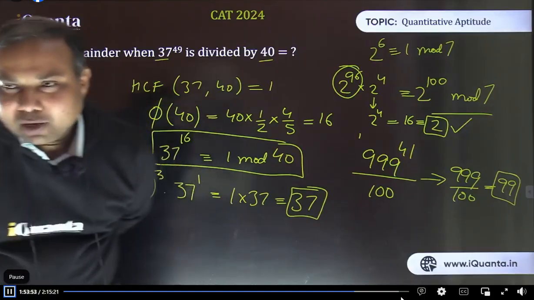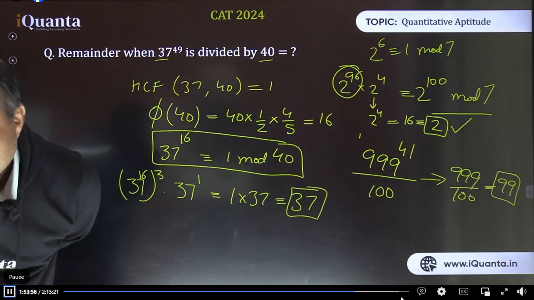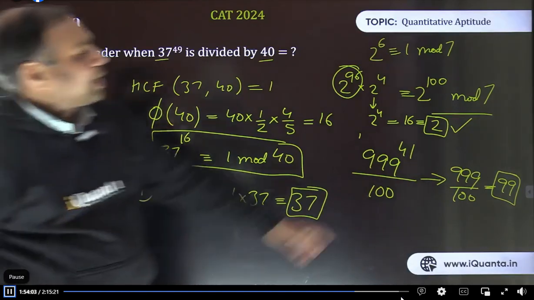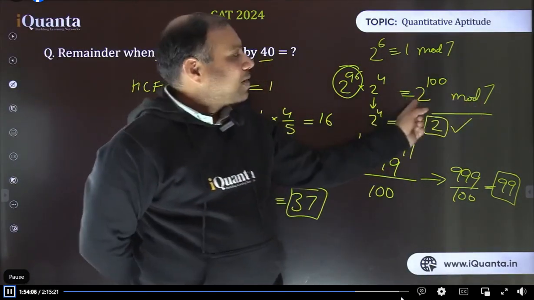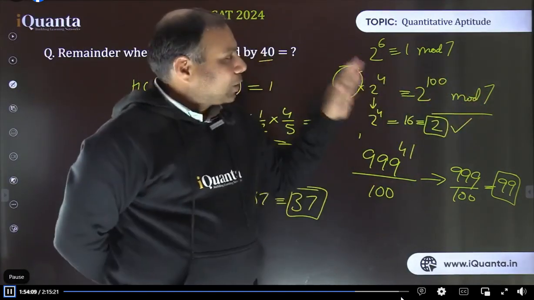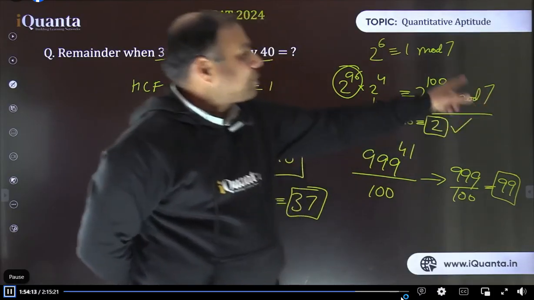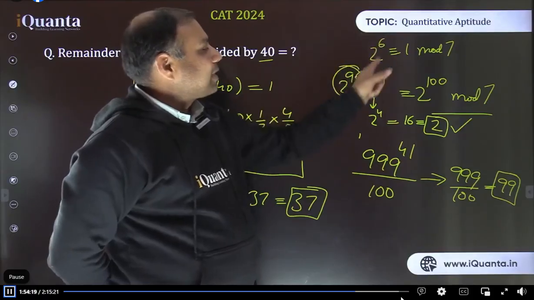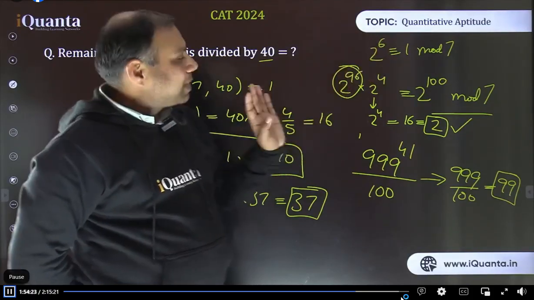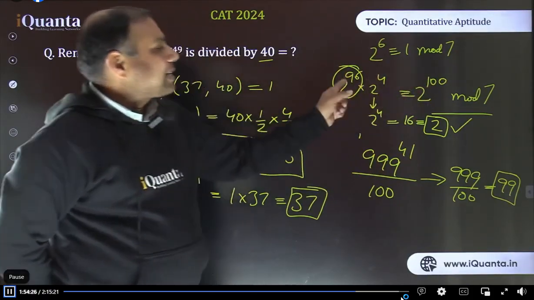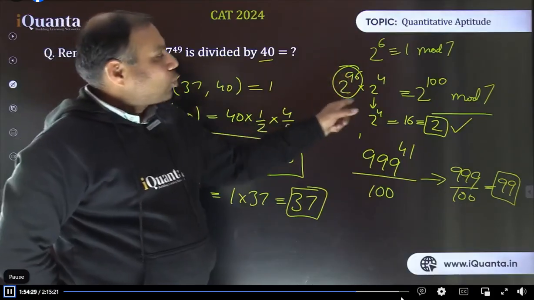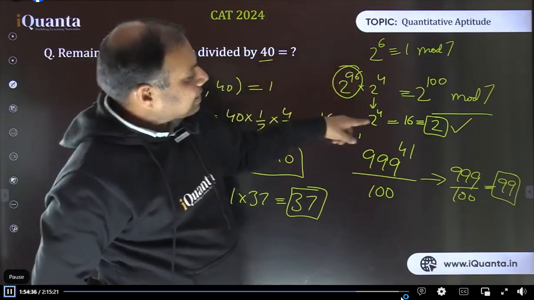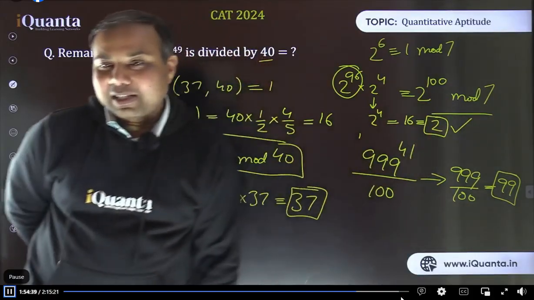थोड़ा कॉम्प्लिकेटेड हो गया. क्या कॉम्प्लिकेट हो गया प्रथम? तुषार, अरे बाबा 2 power 100 का 7 से रिमाइंडर निकालना था, राइट? 2 and 7 are co-prime, so I can apply the theorem. Theorem tells me that phi of 7 is 6, which means 2 power 6 will give me remainder 1. ठीक है ना? So now I am making groups of 2 power 6. Because 2 power 6 or any multiple of 6, that will give me remainder 1. So among 2 power 100, 2 power 96, this 96 is multiple of 6 wala power, right? So 2 power 96 will give remainder 1, isko jaane do. So 2 power 4 se I need to calculate the remainder now. Now 2 power 4 means 16, 16 gives remainder 2 when divided by 7. That's it.